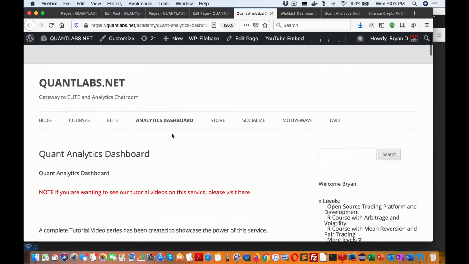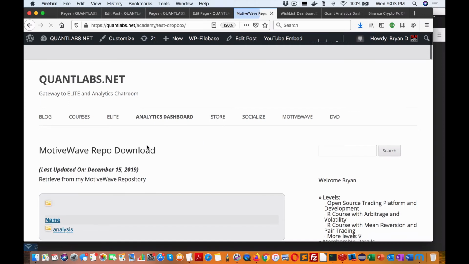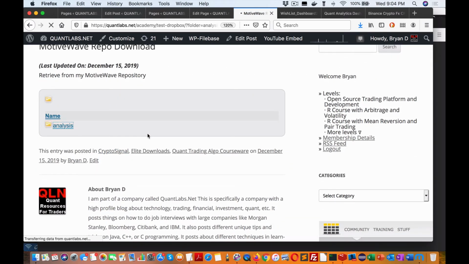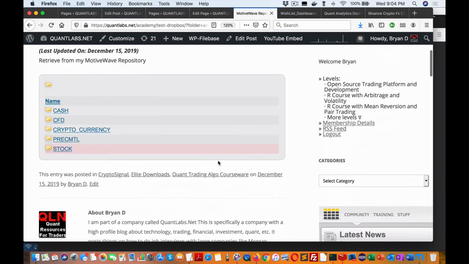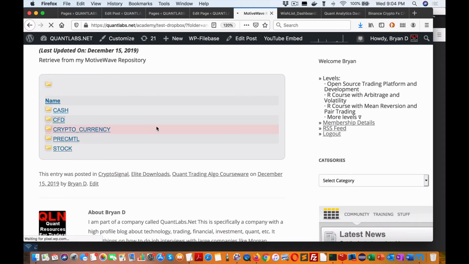A lot of people have been asking about signals. So what I'm planning to do is there's a section I totally forgot that's the important part of MotiveWave. If you choose to get MotiveWave, which I'm in sync with, you have a repository. That basically means I can upload all the latest files to this repository, so you'll have access to it. So for instance here, depending upon what I'm looking at, I can just look at my analysis here, and this enables me to get the latest analysis files that I automatically publish to this repository. So you'll get access to those files in your MotiveWave